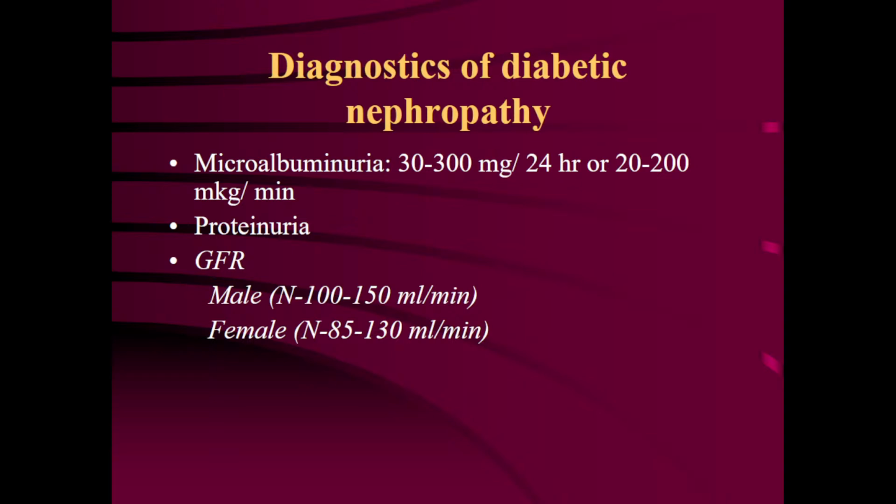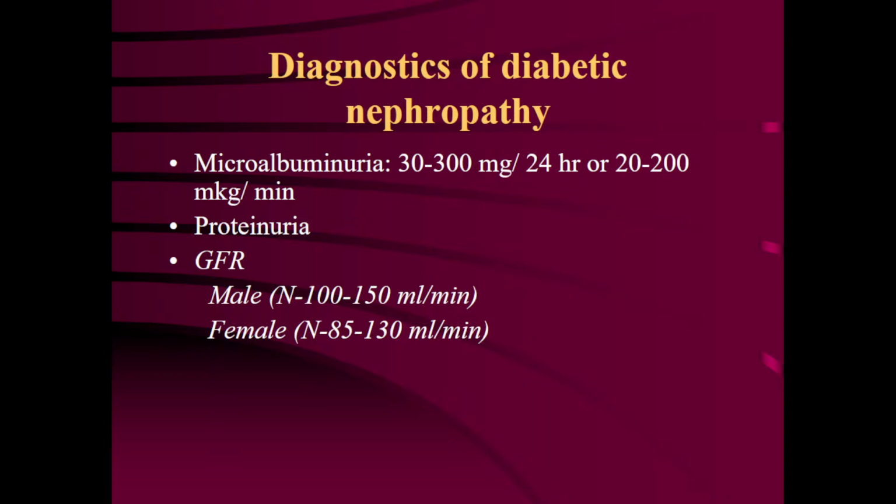If you have studied endocrinology this semester, you should remember that since the microalbuminuria stage, indications for insulin therapy occur in patients with diabetes mellitus. You should remember, if the patient suffers from diabetes, there is diabetic nephropathy, and if there is microalbuminuria, you have to administer insulin treatment, insulin therapy.